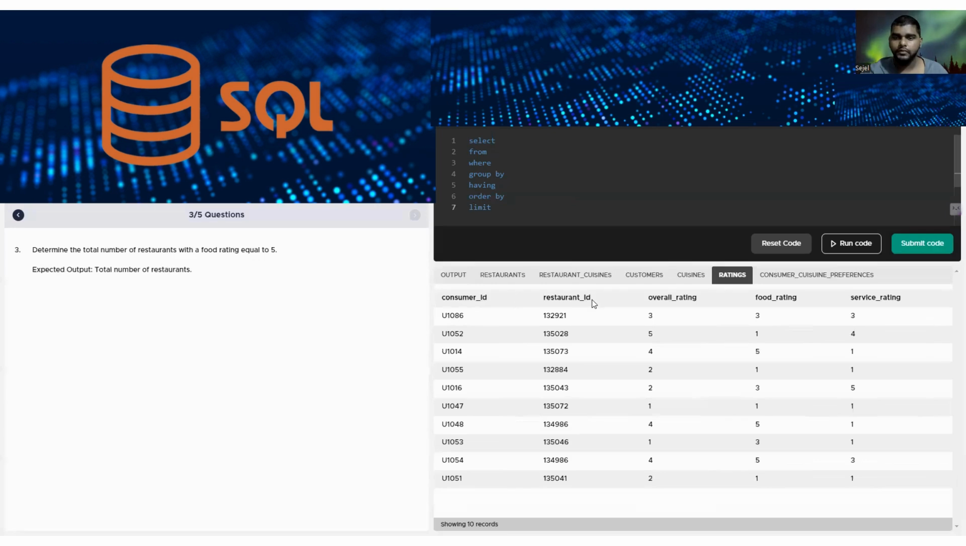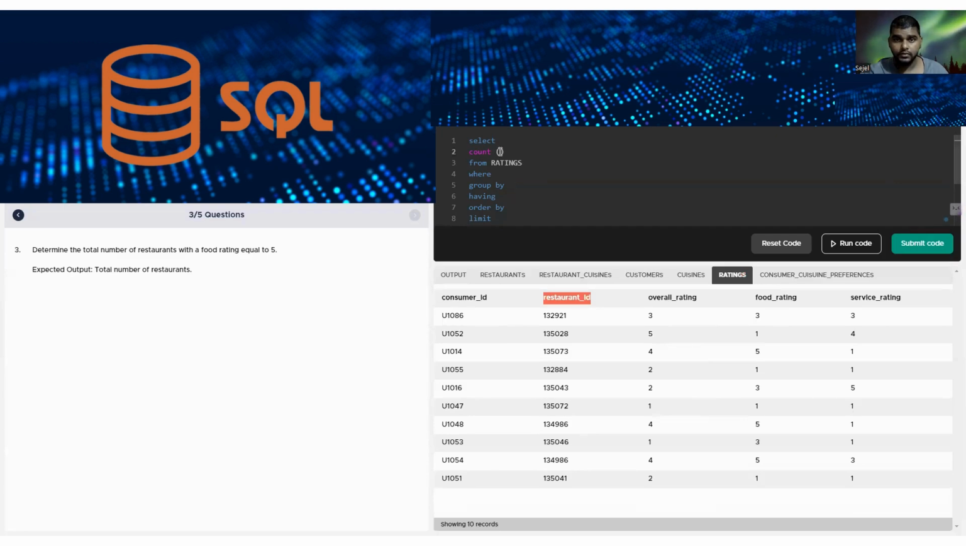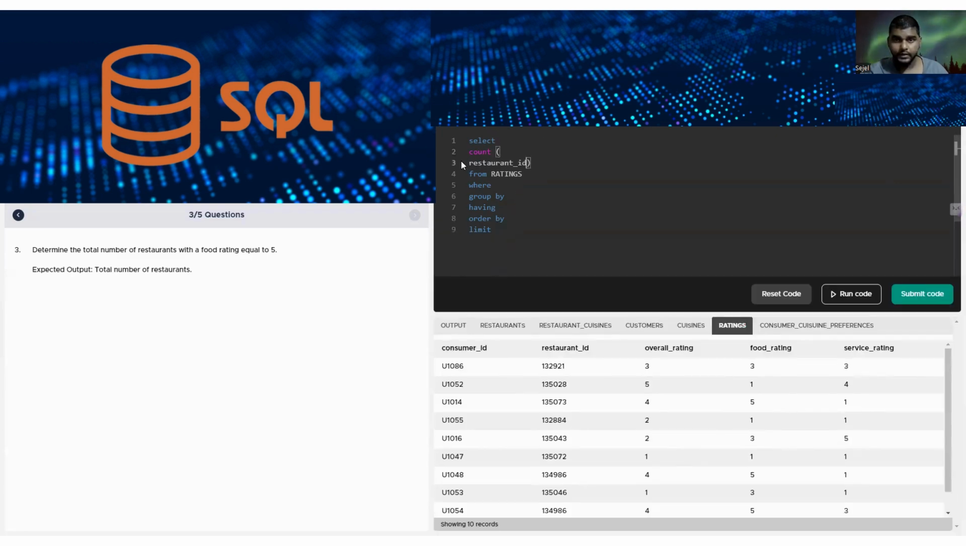Determine the total number of restaurants with food rating equal to 5. Food rating. Okay, so we'll get the data from rating. So since we are getting from rating, we'll paste it over here. What we want is to find the total number, as in count. So we'll use the count function, count of restaurants. So we'll use the count of restaurant ID as